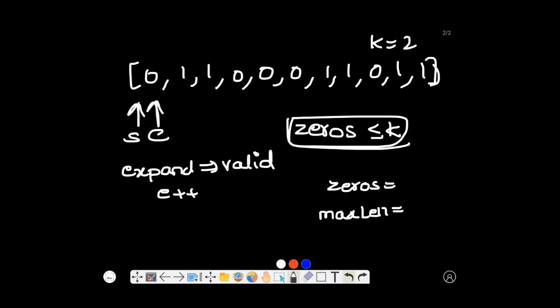And when do we shrink the window? If our window is invalid, then we shrink the window to make it valid again, right? To make it valid, we shrink the window. And how do we do that? By incrementing the s pointer. Okay,